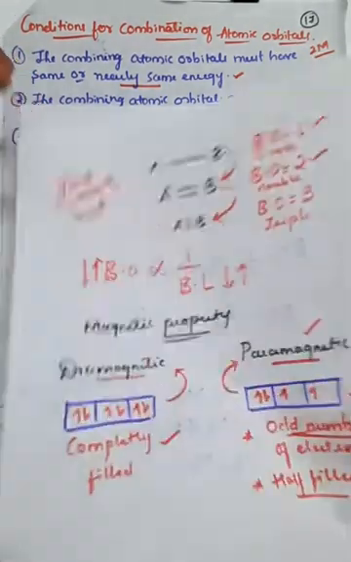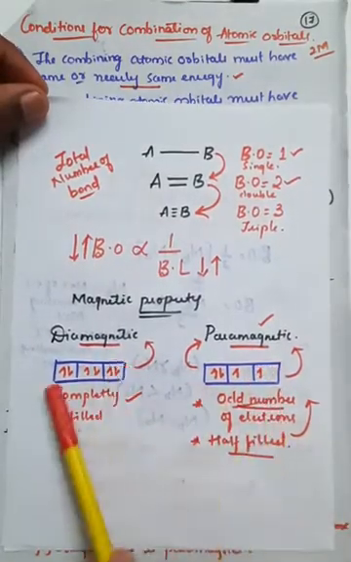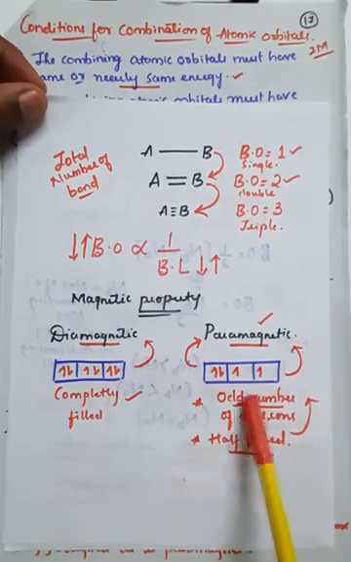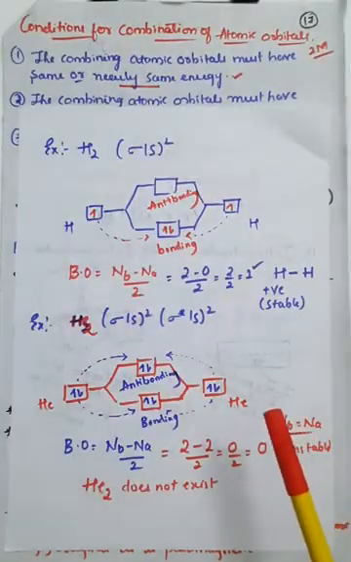Along with that we have also seen the magnetic property, that is diamagnetic as well as paramagnetic. If the atomic orbitals are completely filled, that is called diamagnetic, and if it has an odd number of electrons or half filled orbitals, it is paramagnetic. And at last we have seen